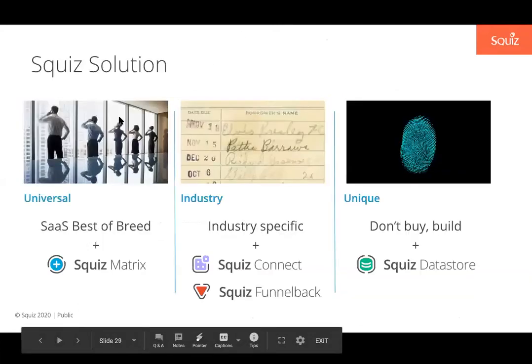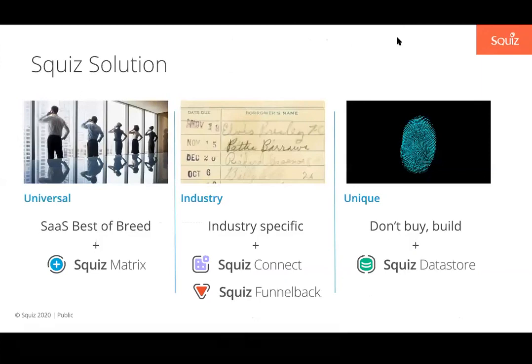And the way this then maps to that problem earlier is that the Squiz Matrix is the foundational service that those universal tools go onto. So when you get things like Google Analytics or Optimizely, or whatever it may be that you've formed as your marketing stack, all of those tools will run on Matrix. So Matrix goes out of its way to make sure it integrates and supports those platforms. And it's not just at an API level, not just at an open means go get the developers, but there is a marketplace of tooling and integrations there to help bring all those systems in.